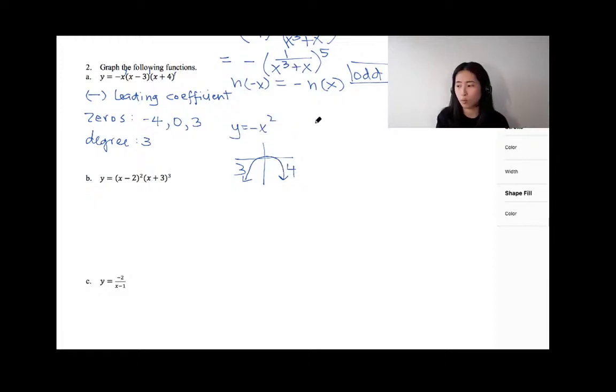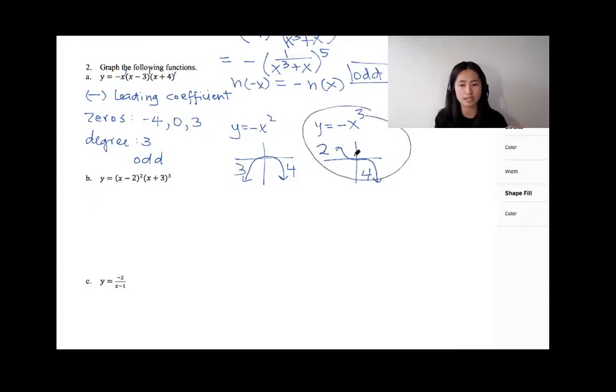However, if you're looking at y is equal to negative x cubed, you know that it's not at quadrant 3 and quadrant 4, because it's actually at quadrant 2 and quadrant 4. Does that make sense? So when you draw this graph, you know that if it's degree 3, therefore it's an odd function. And if it's an odd function, you're supposed to expect that this is how your graph is sort of going to look like. So these are what you call templates that I like to tell my students to remember during the test. So you have an idea of where you're going to start drawing the graph, because otherwise it's just going to